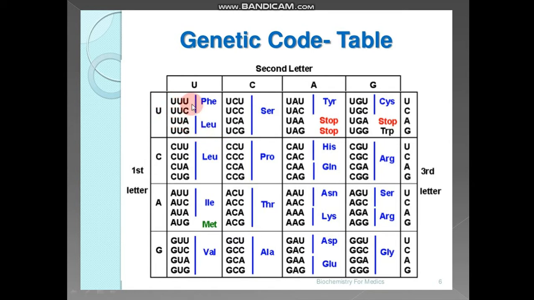So the first genetic code becomes U, U and U from this side. So it will be UUU, that will code for phenylalanine. Second will be UUC, that will again code for phenylalanine. Third will be UUA. You can see U from this side, U from this side, and A from this side. Then U, U and G from this side. Clear? So these are the four codons, the four codes which are created in the first square.